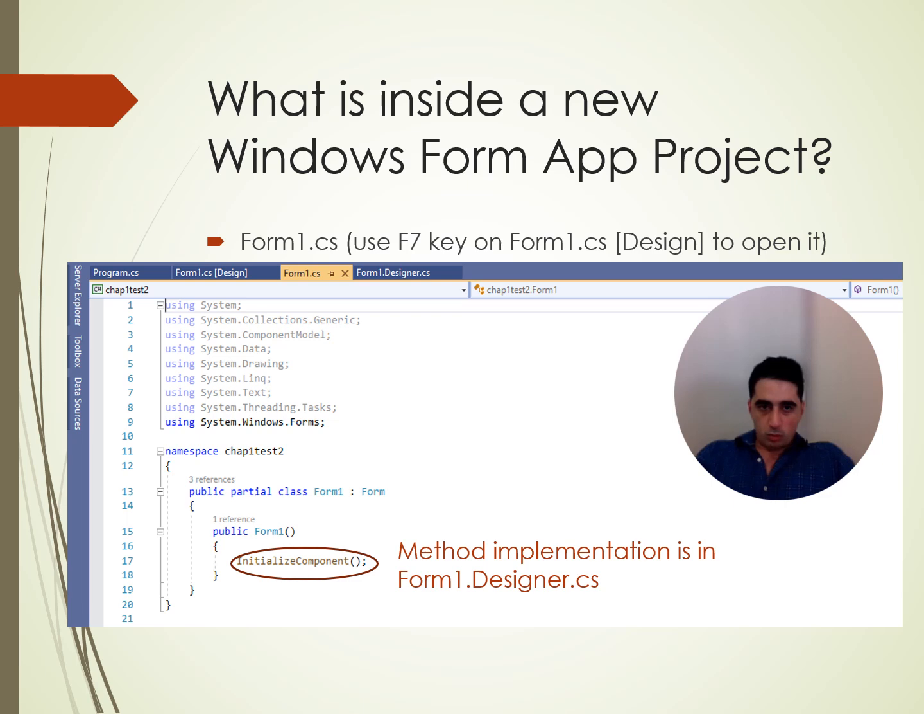If you're curious about what's inside Form1.cs and you want to know what's the C# code that generates your Form1, you can press the F7 key on Form1.cs when you're selecting it in the Project Explorer, or you can right click on Form1.cs design, and pick view code, and then you will see this. In this file, you will see parts of Form1, which is a class, a subclass of the Form class. You will see the constructor of Form1, which calls InitializeComponent, which